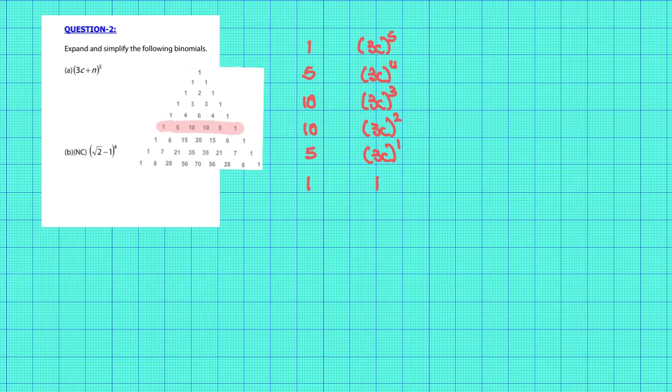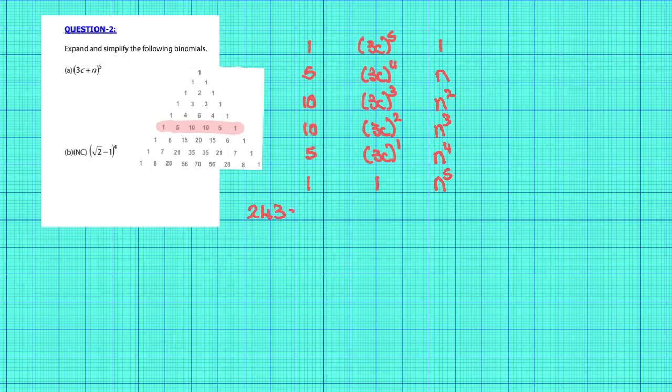Now write down the powers of n. So you get n to the power of 0, which is 1, n to the power of 1, n squared, n cubed, n to the power of 4, n to the power of 5. Now multiply across, giving